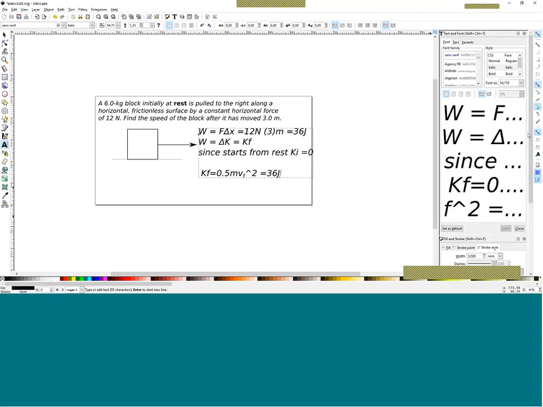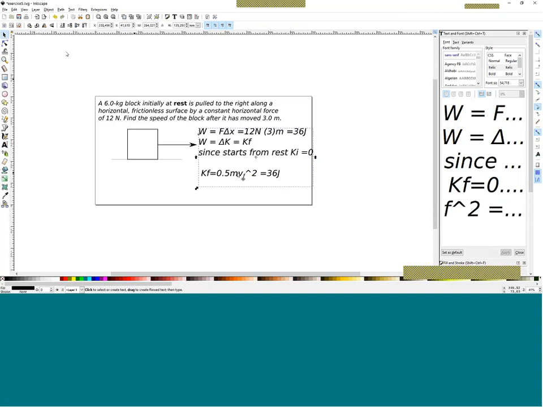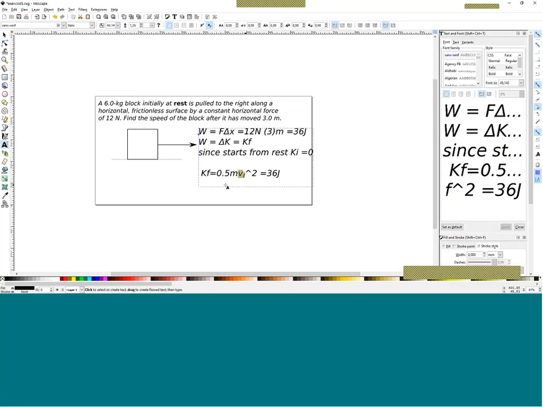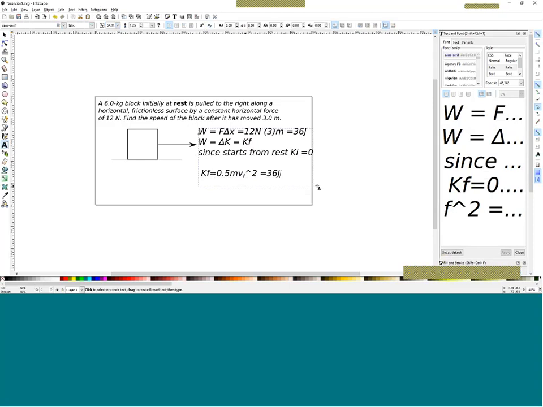With the mass of 6 kilograms and the work of 36 joules, determine that v final is, as Mbam said, about 0.5 meters per second. Is that clear to everybody? Just writing a simple answer would suffice. Very good.